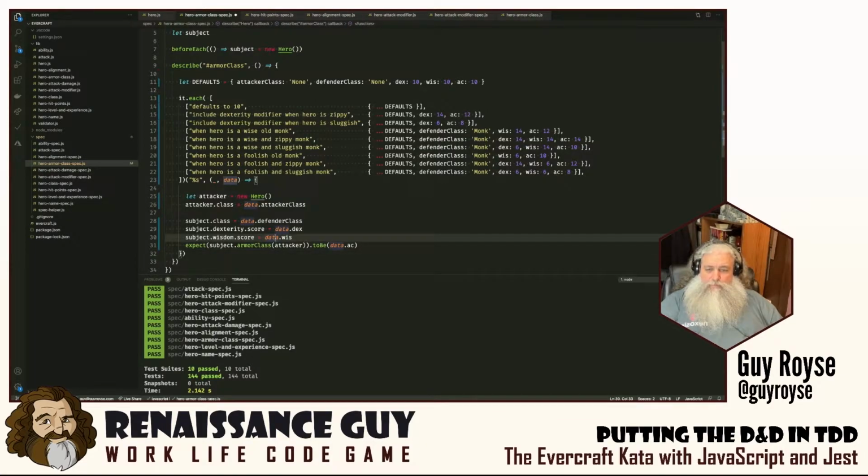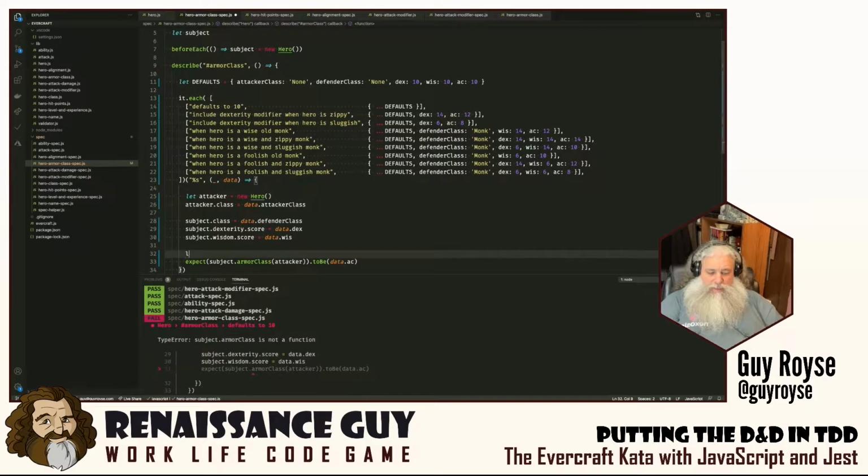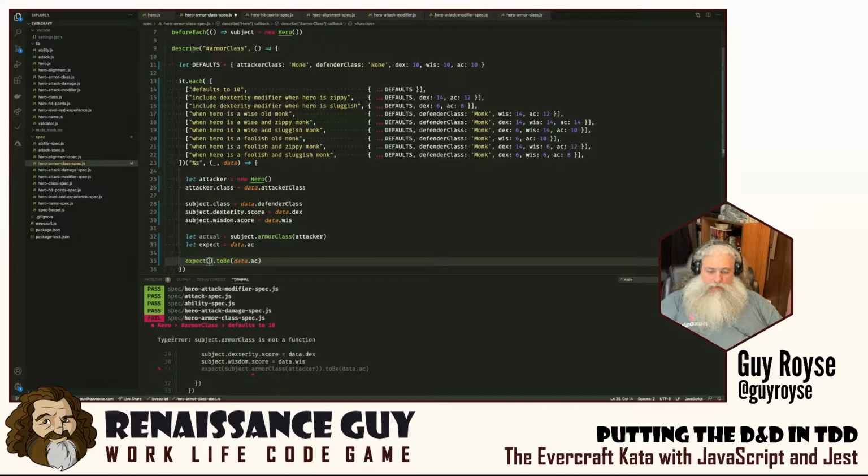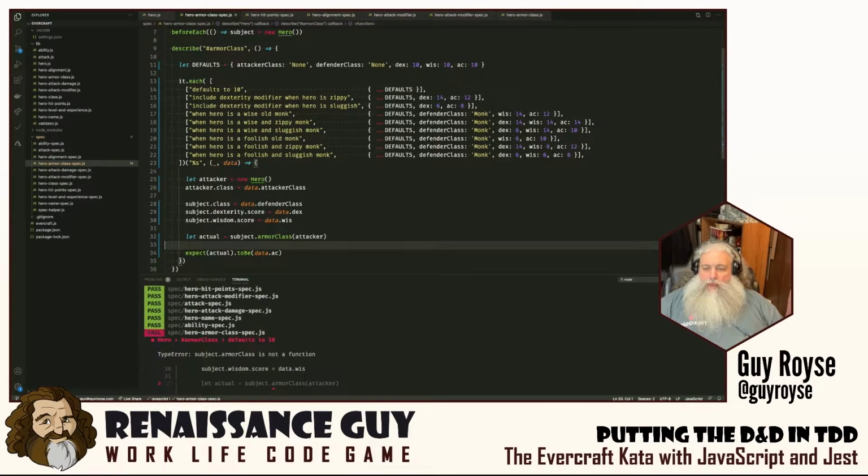And this is long enough. I kind of want to say let actual equal this. So we'll assign the actual armor class to a little variable here. We'll say let expected equal data.ac, and then we can say expect actual to be, that's clear enough. And now this is going to, subject to armor class is not a function. This doesn't work, right? This sort of just breaks stuff. But